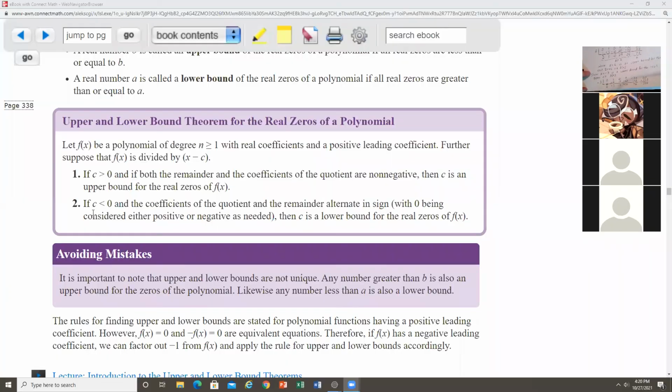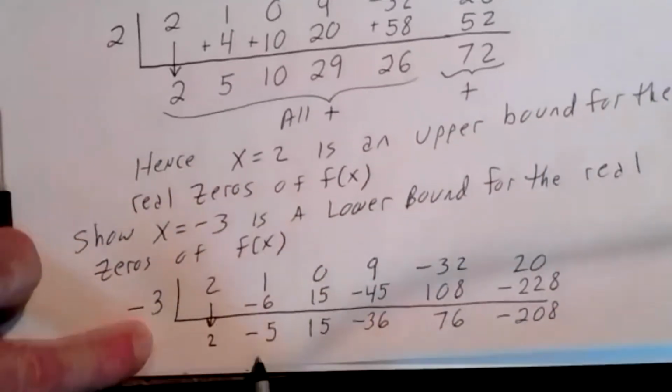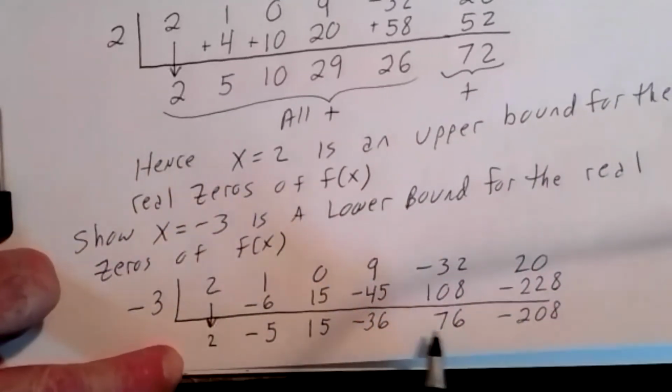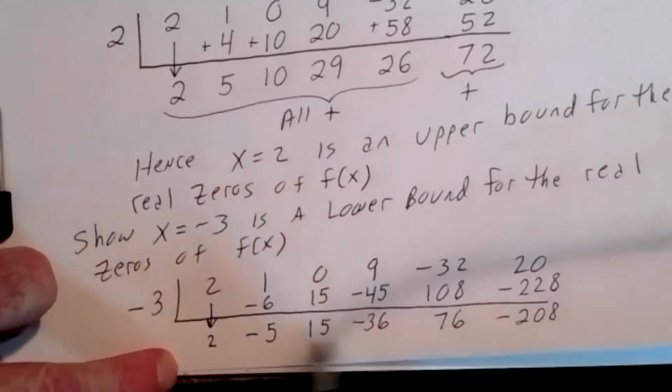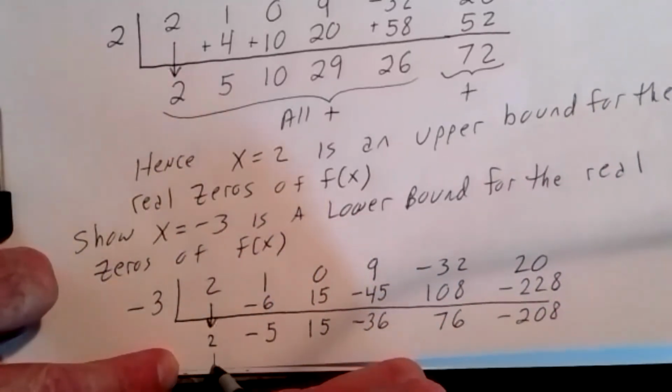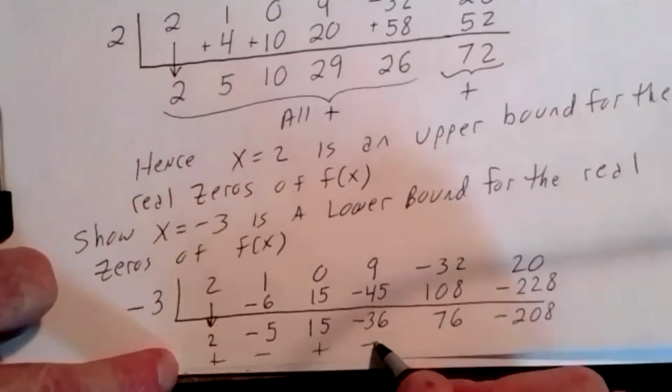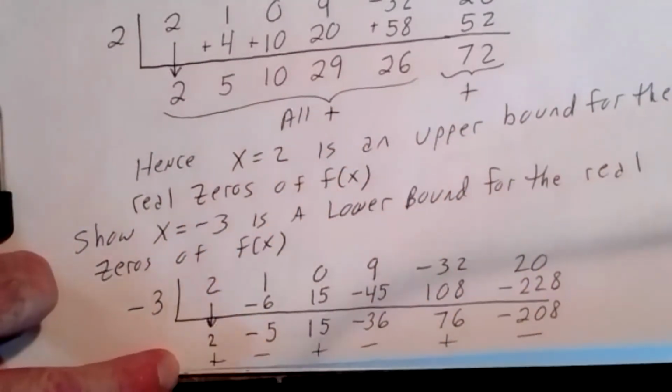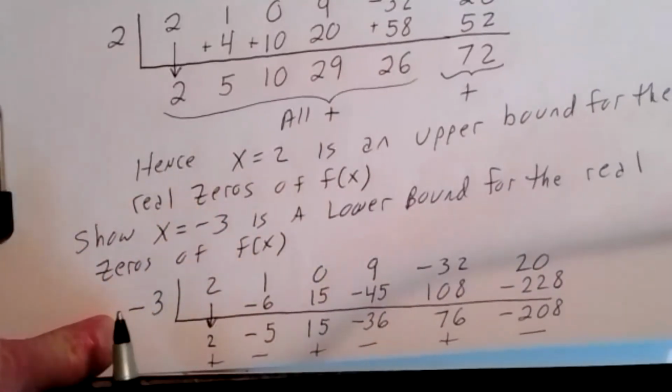If -3, which is less than 0, is to be a lower bound, it says the coefficients of the quotient and the remainder have to alternate in sign, with 0, if you ever got 0, being considered either positive or negative as needed to continue the alternation in sign. Notice we did not get 0 anywhere in here for the coefficients of our quotient polynomial. Do we have alternation in sign throughout here? Yes. We go from a positive to a negative, back to a positive, to a negative, back to a positive, to a negative. Since these signs alternate all the way across, we would conclude that -3 is a lower bound